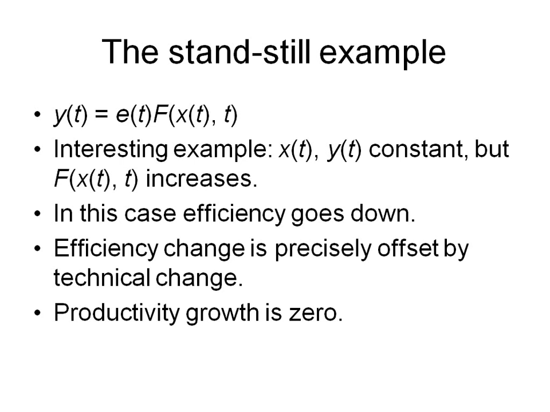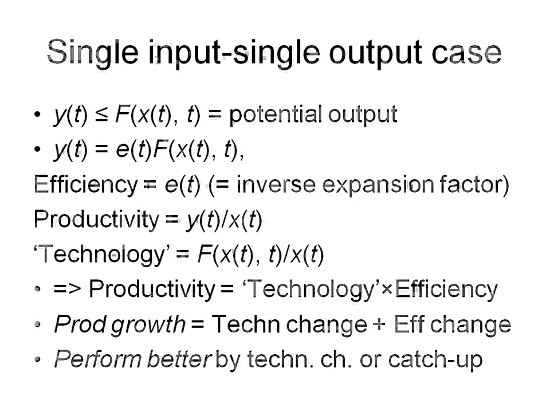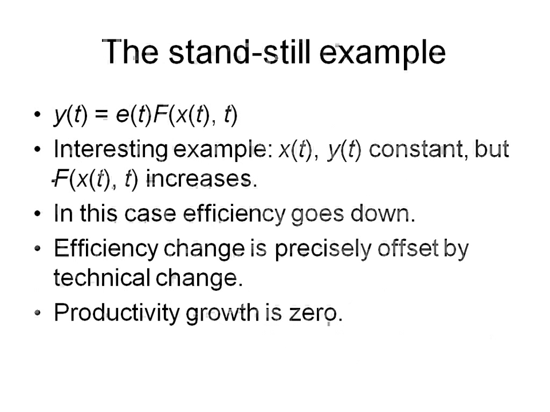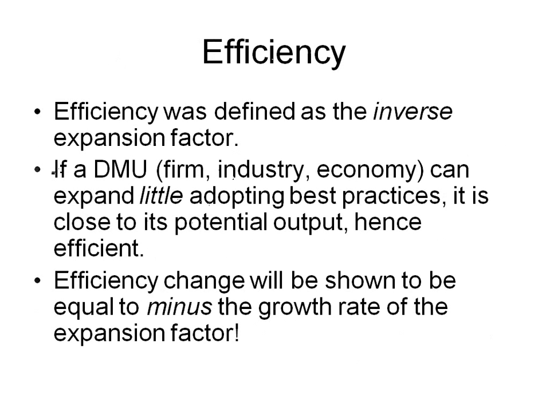Your efficiency change is negative, the competition is running away, and then if we use the previous result, that productivity growth equals technical change plus efficiency change, it must be that technical change is positive. So that's a possibility: 0 productivity growth, positive technical change realized by others, and hence negative efficiency change. Now efficiency was defined as the inverse expansion factor,